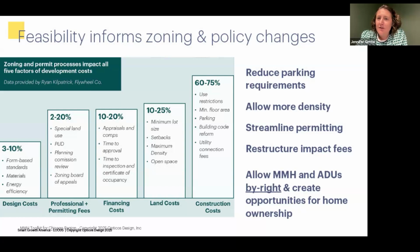One of the key things that I'm super excited about in this presentation is that these capital stacks, these conversations on feasibility should really be informing our zoning and our policy changes. It's imperative to understand what goes into the development pro forma, and which ways we can actually impact or move the needle on those numbers. So we've been in communities where they've said, we're going to allow 3 and 4 units. We've made the zoning changes. We're really proud of ourselves. And it's true, that's a really important first step. But then we run the numbers and we realize it takes 6 units to get a small scale building to pencil, right? And they just went through a year-long process of changing the code